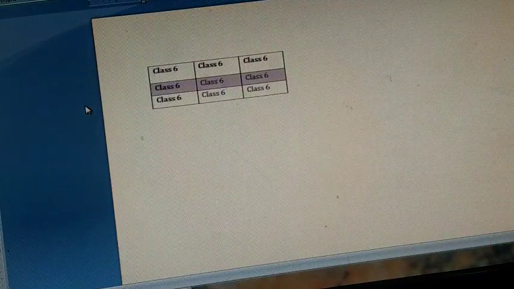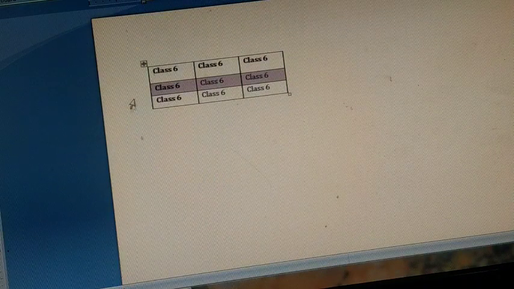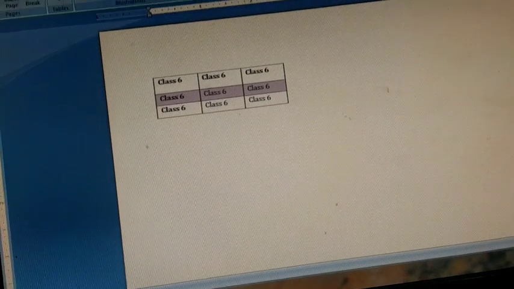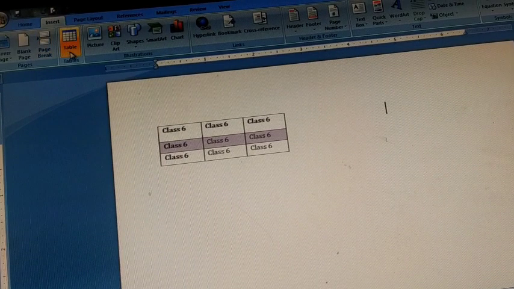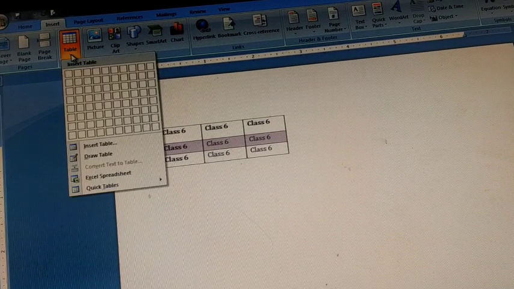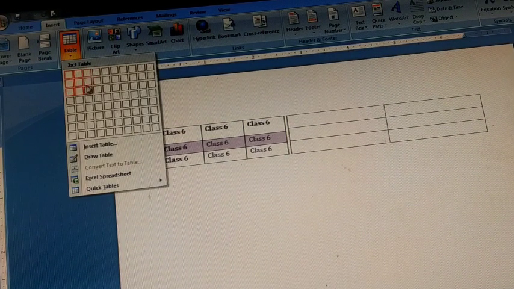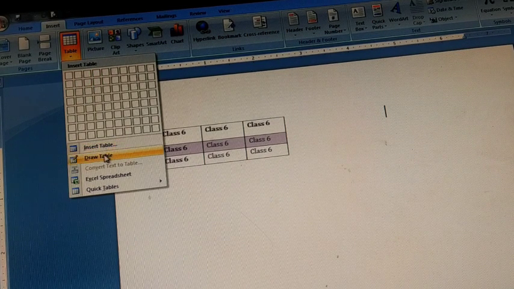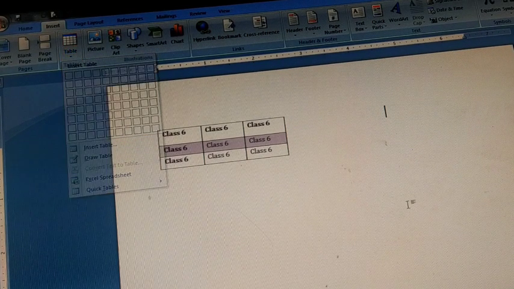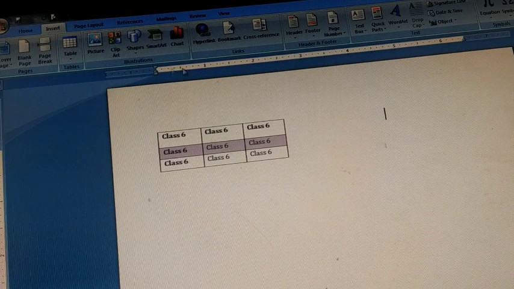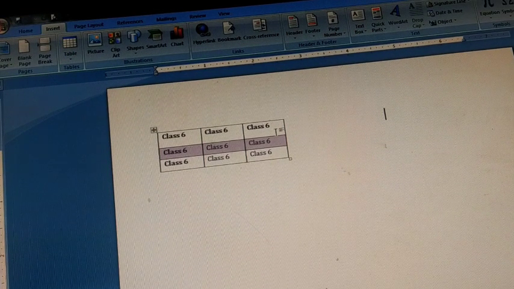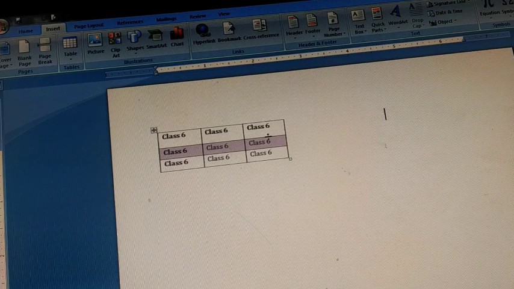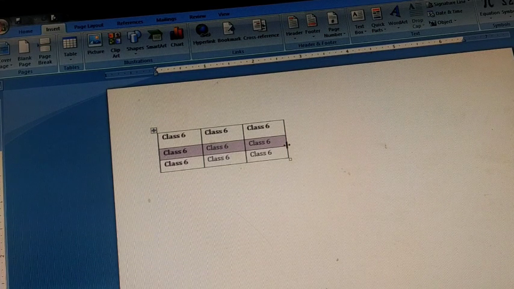This is a Word file which I have opened. You can see a table is already created over here. How have I created the table? We went to the Insert tab, and in the Insert tab we have the Tables option, out of which this is the grid part we can select, or we can go to Insert Table or Draw Table, 3 different ways that we have discussed. After inserting a table, we will learn how we can format the table or change the appearance.